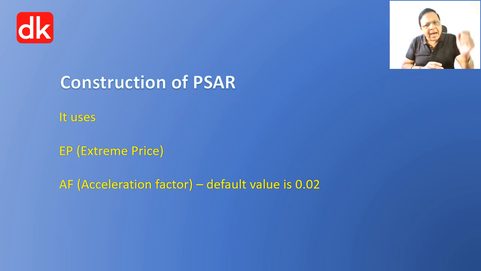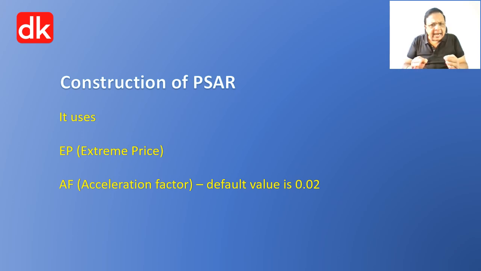Now if the market is in a markdown phase, which means it is in a downtrending mode, what does it do? It checks the extreme lower price. The extreme lower price would be considered, and the application of the acceleration factor is a common method, that is 0.02, the default value. In the majority of charting tools, the default factor is 0.02, as given by the original developer J.W. Wilder Jr.